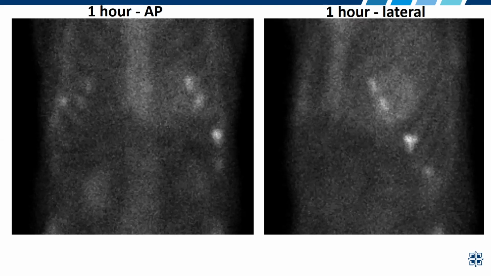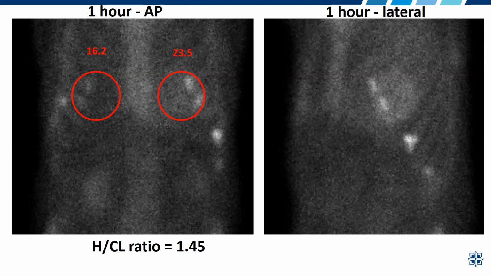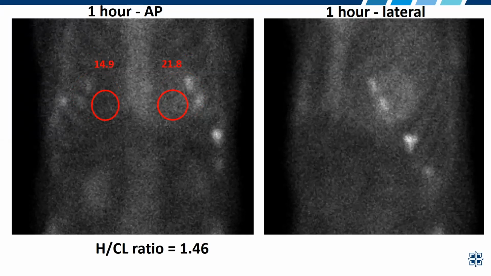You can see the AP in the lateral, and the gentleman fell at home, so you see several hot spots there in the ribs, which are most consistent with rib fractures. Interestingly, in this gentleman, he had kind of symmetric rib fractures on both sides. So regardless of how we did the ratios, whether we included the rib fracture or not, came out about the same. But if you are doing ratios, you do want to try to exclude the rib fractures here. But again, we're not,